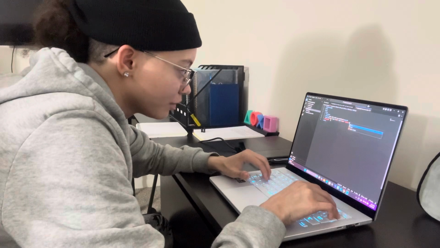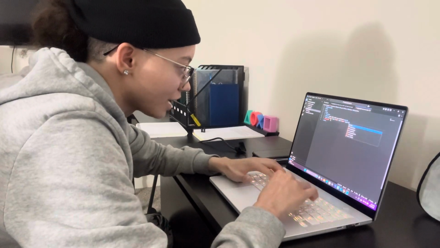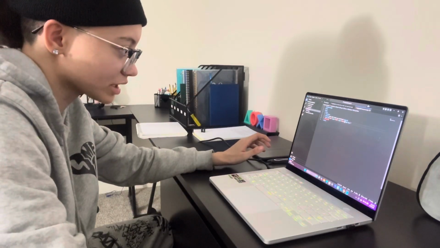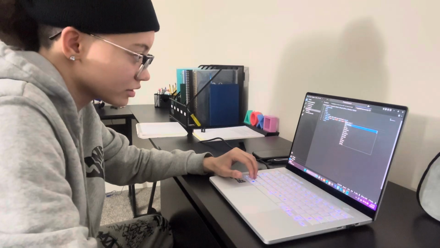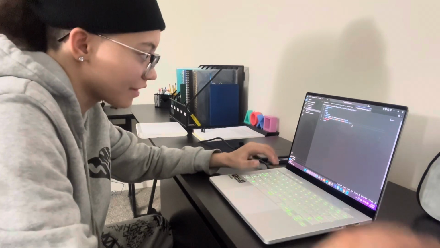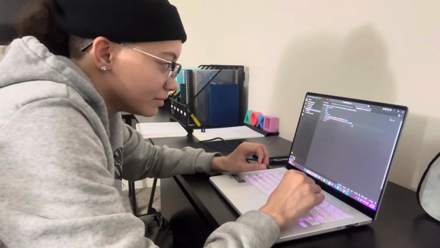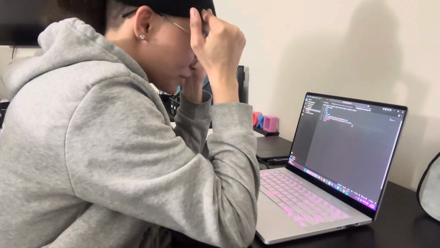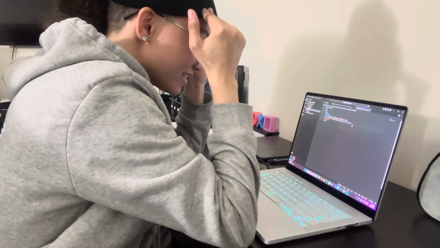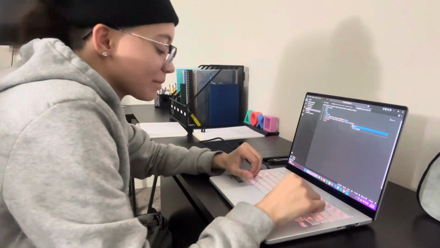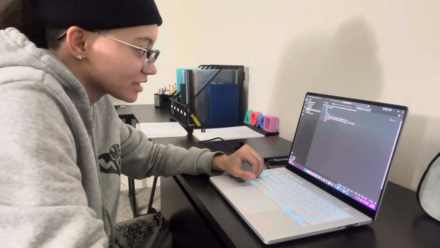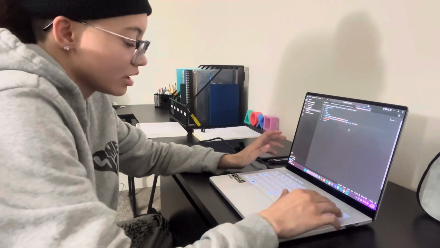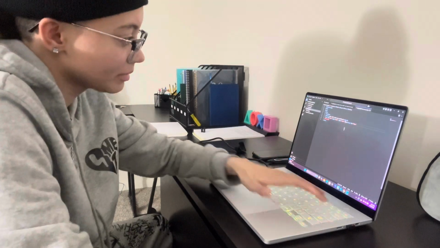Because I wanted to do label for, but I don't know if I do label for without, I think I'm missing a piece of code right now. I think it's supposed to be like this, and then you're supposed to do label for. I think that's what it's supposed to look like. But what the hell is label for? What is label for supposed to be? I don't remember. I'm gonna throw something random. But I know I'm supposed to write the word blue now. So I do blue. Do I leave it in here? Let me see how that's coming out so far.